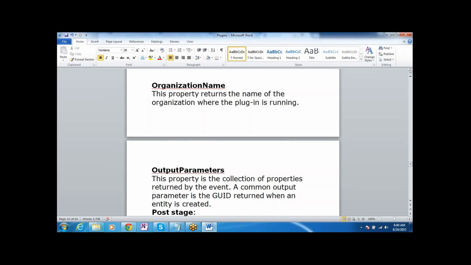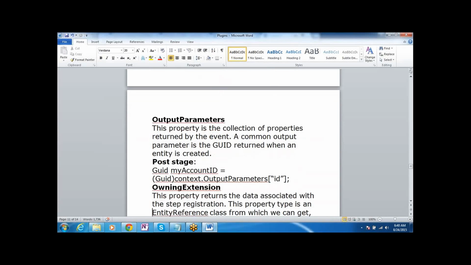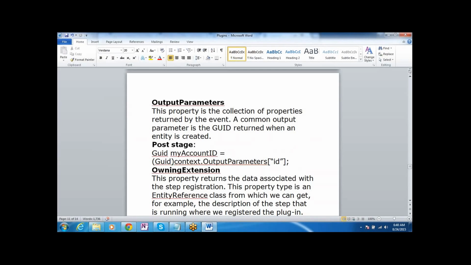In the post stage, it gives the context of the output parameters, so you can get the GUID based on this and retrieve the values.